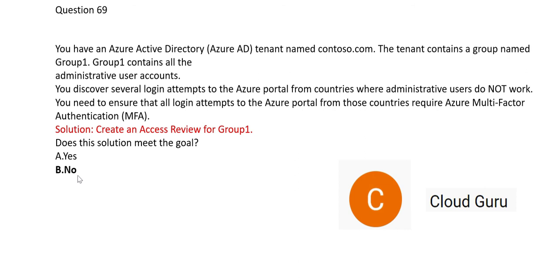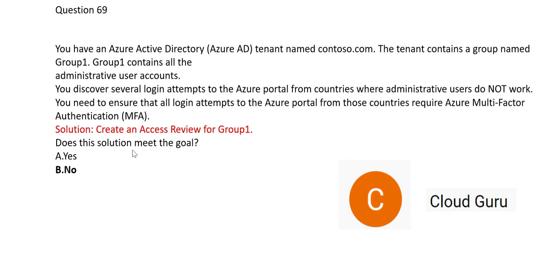And another thing that access review does is it will trigger these emails on a regular basis, whatever frequency you set, and then that administrator will have to decide whether to approve or disapprove. If that person doesn't take action, say you set the number of days as 3 or 5 days, then the access will automatically be revoked. That is the use of access review.